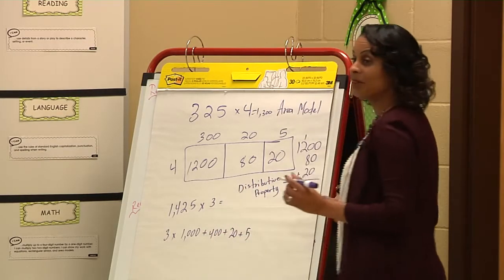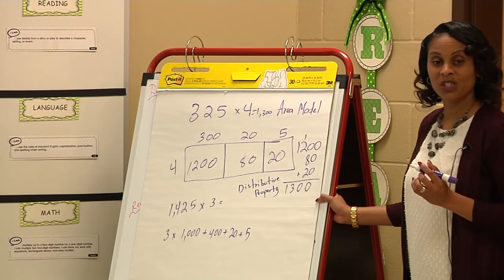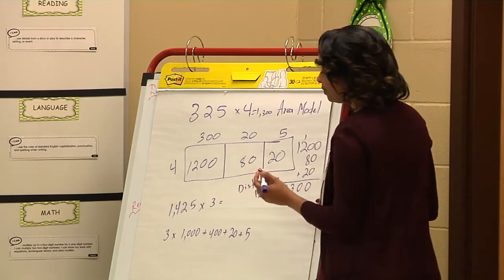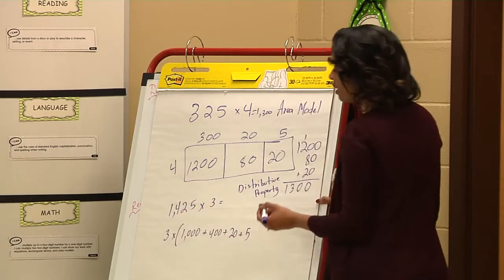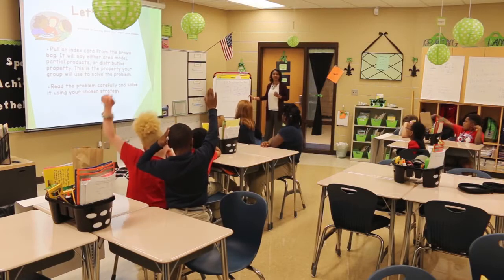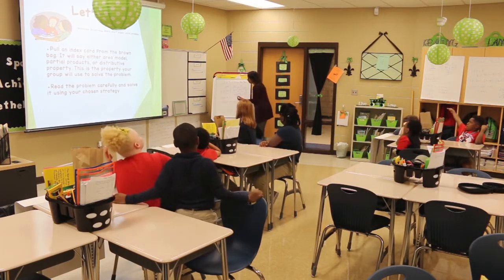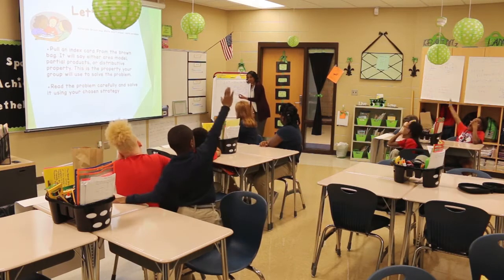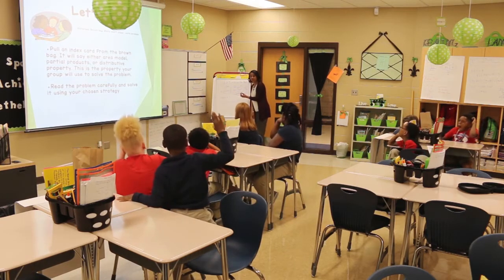Did Lily miss anything? Her parentheses. Where should she open them? At the 1,000. Where should she close them? At the 5. Who can give me the next step? You need to add. We need to add first. 3